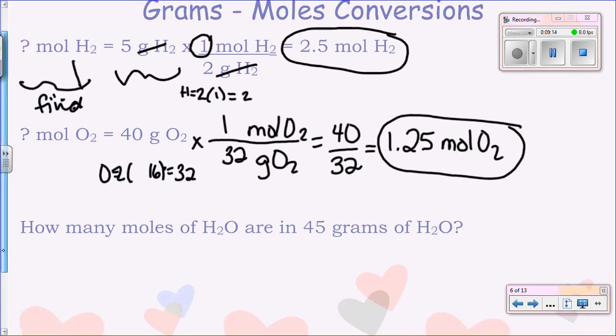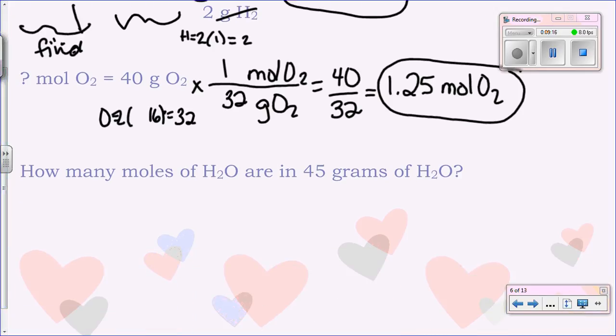Unfortunately, we're not always going to give you the setup of the problem, so they could be in words. How many moles of water are in 45 grams of water? So again, this is what we're trying to find. And this is